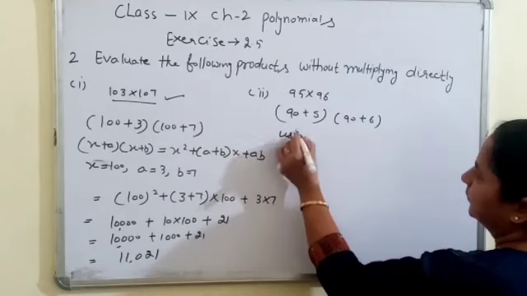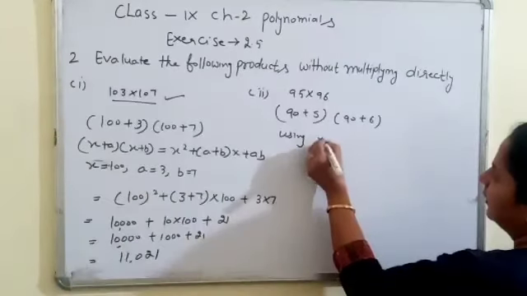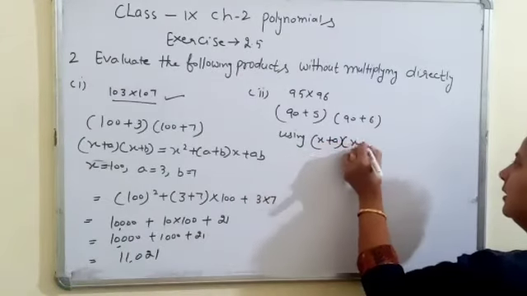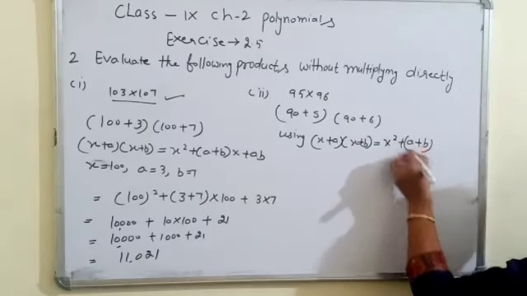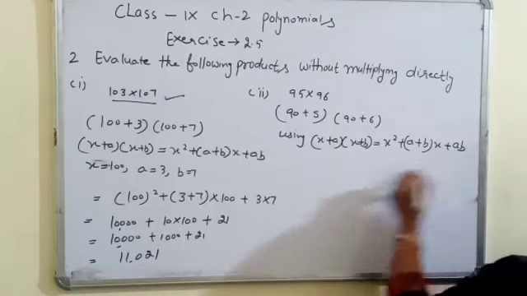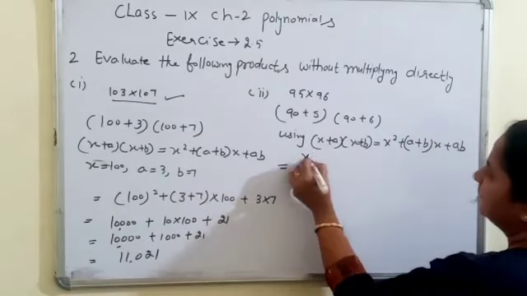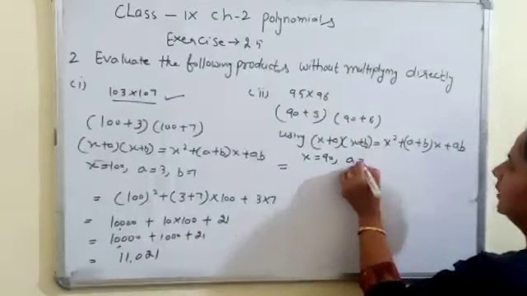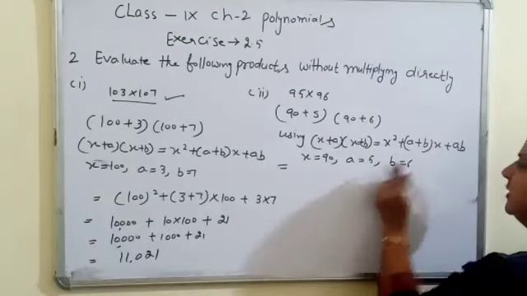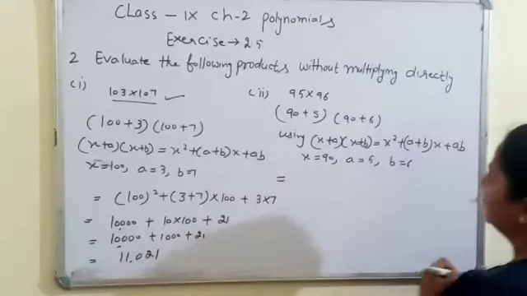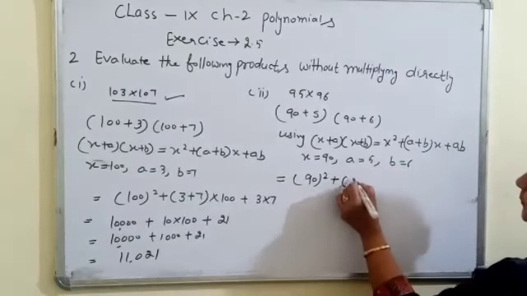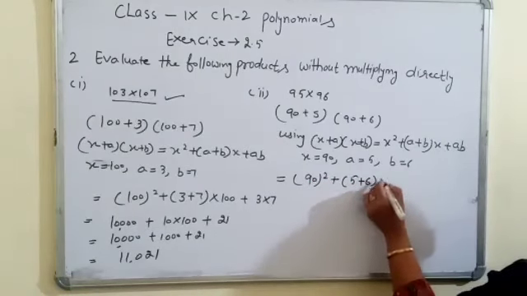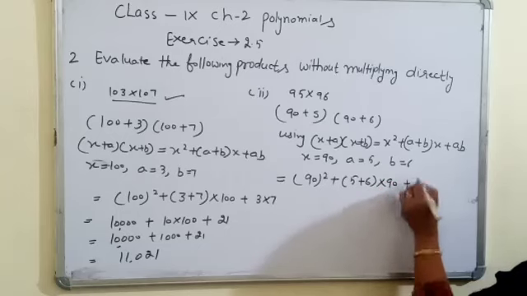By using the same identity, x square plus (a plus b)x plus ab, x is 90 here, a is 5, b is 6. So let's apply it. x square, 90 square, (a plus b), 5 plus 6, into x, that is 90, plus